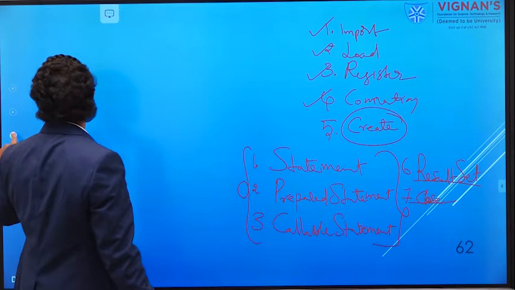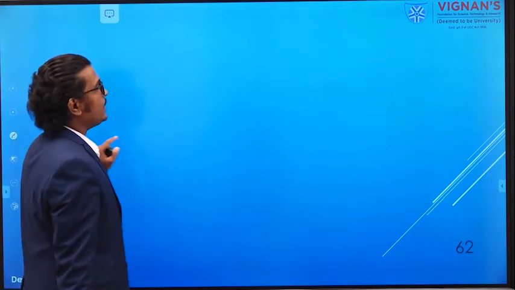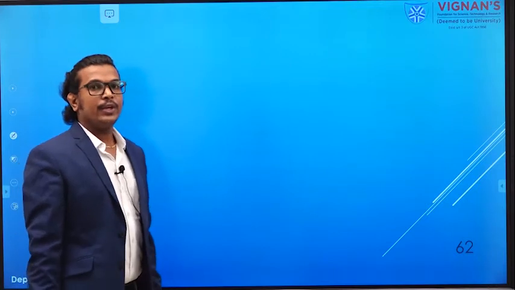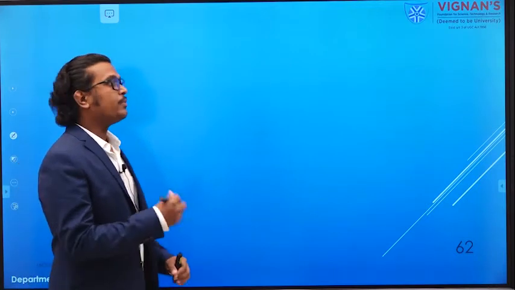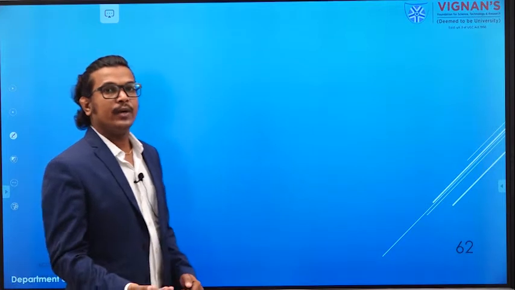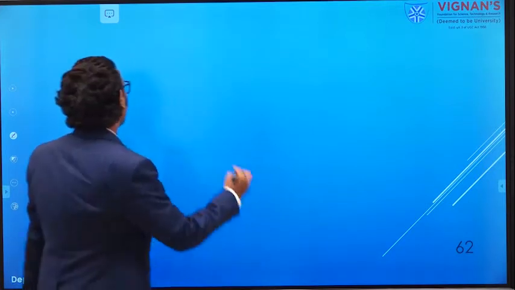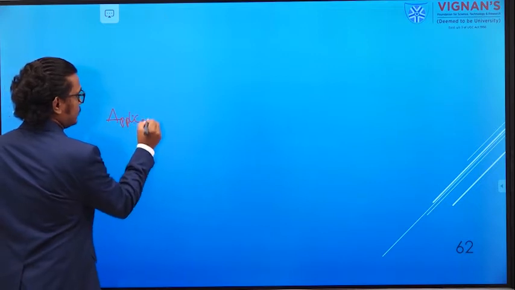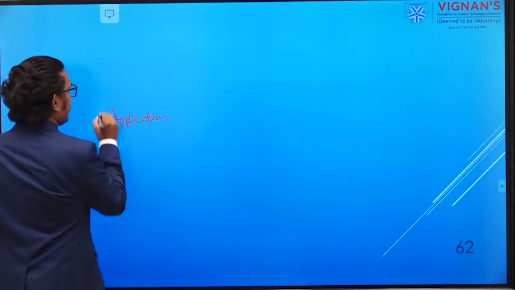Clear? So now we'll see what the statements are, and how that particular statement is executing in your database or in your application. So first we have the application.